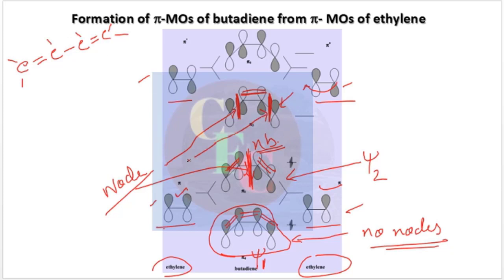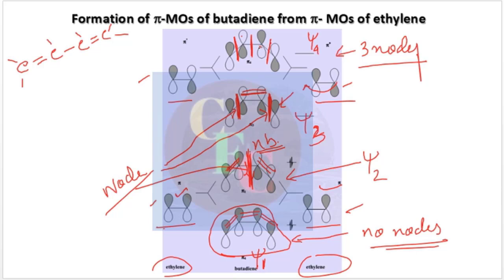So there are two nodes now, okay, and one bonding situation. So this is our psi 3. From psi 1 there was no node, psi 2 there was one node, psi 3 there are two nodes, okay. And lastly the psi 4, you see there is no bonding situation. Here is also a node, here also a node, here also a node. So there are three nodes here, right? So this is the diagram for butadiene